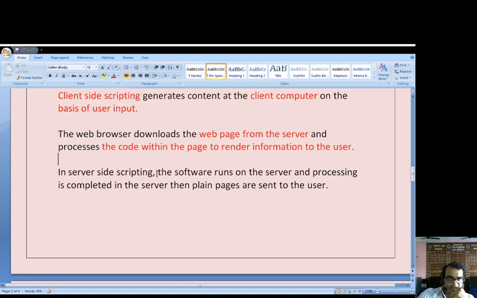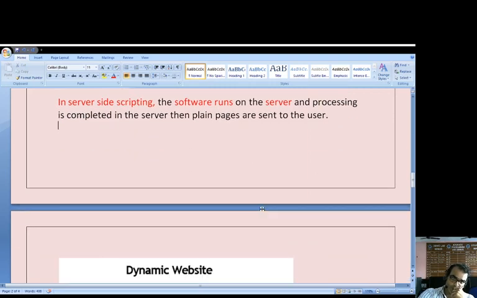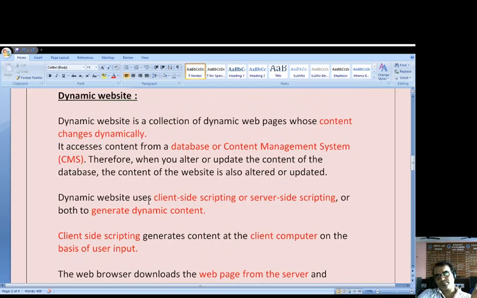In server-side scripting, the software runs on the server and the processing is completed in the server. Then plain pages are sent to the user. So, in general, what we are able to understand,